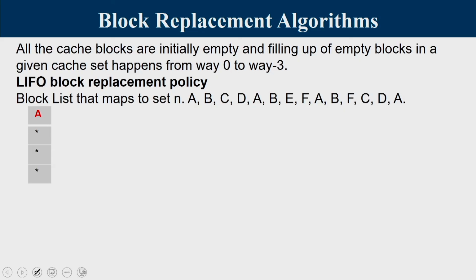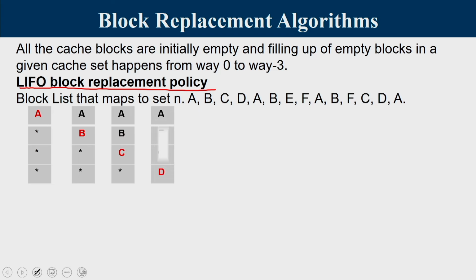Now for the same question, we had a second mode wherein last in first out was the block replacement policy. So we will now try to see. Last in first out can be easily implemented using a stack. So consider this as a stack. Let us say A is brought, then B is brought, so it is a miss, again a compulsory miss, then C is brought, and then D is brought. So by this time the particular set is full. It has blocks A, B, C and D sitting in way 0, way 1, way 2 and way 3.